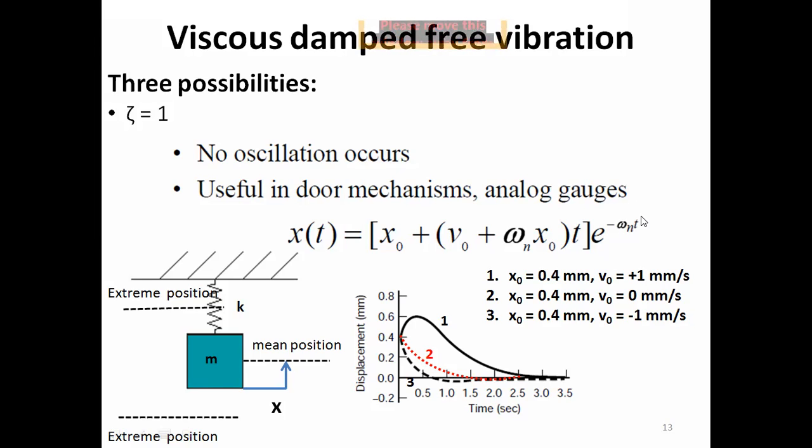It means that as the time increases, it would eat the quantity on its left side. So this exponential decay function would eat whatever we have here with the passage of time. And also if we look here, x naught is a constant, v naught is a constant, omega n is the natural frequency of the system, and for that particular system that is constant.